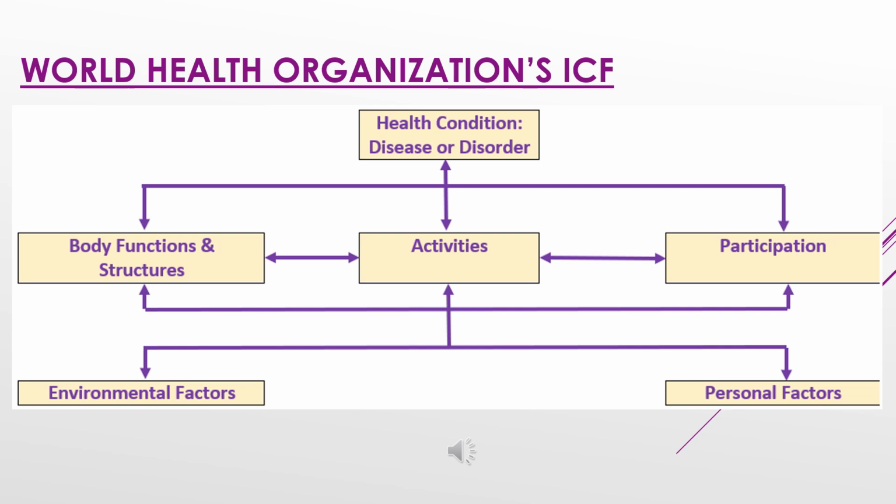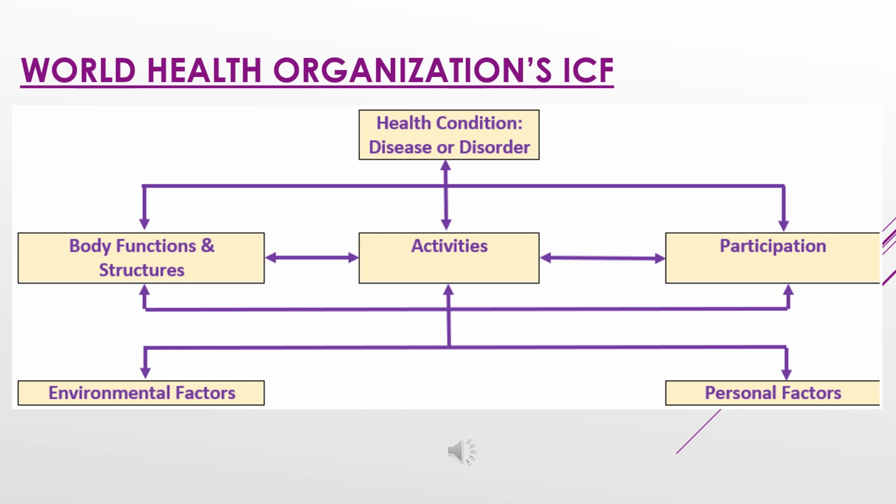As you can see, the Nagy model was very linear. You can clearly see here that the ICF model most certainly isn't. Right? It shows, for example, that the health condition or disease can have an impact on activities, and the activities or inactivities can have an impact on the disorder or the disease. The condition can also have an impact on body systems and their function and on participation, and it goes both